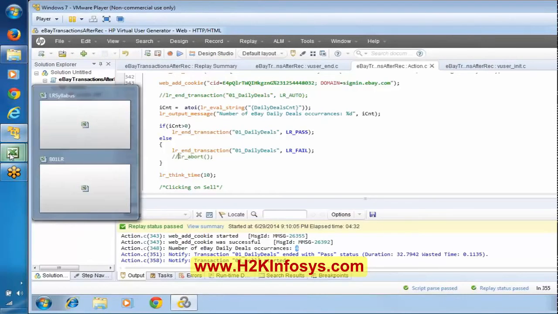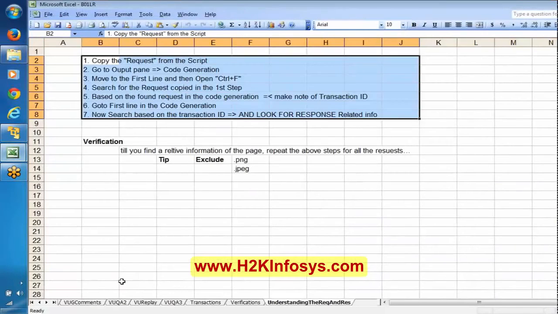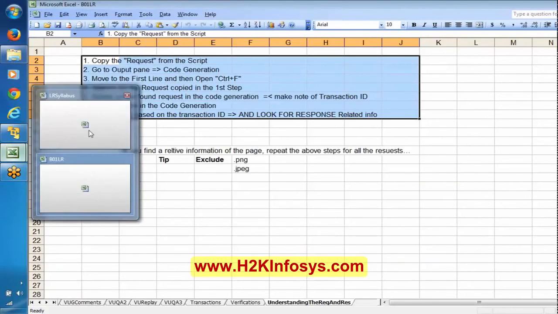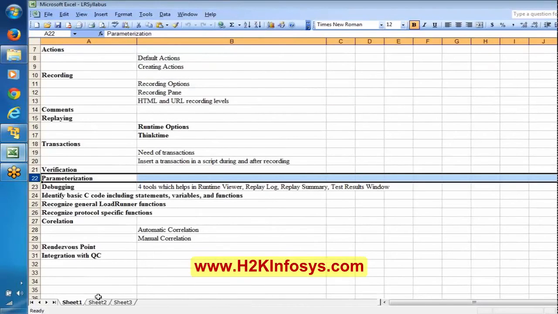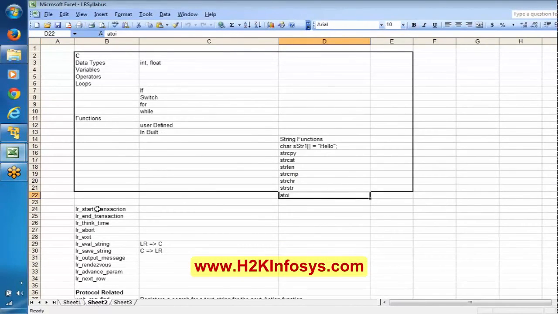So basically here, I listed down, if you look at here, LR exit and LR abort. So basically LR exit means I was talking about LR exit user, a user is going to exit, whereas LR abort is basically going to stop the script over here.